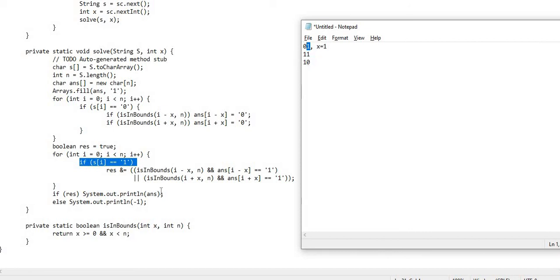So in this case we have to check the base conditions, that is whether i minus x or i plus x lies in the range, and if it does, whether the character at that position is 1. For this, the first condition, the original string at index 1 holds the character 1, so this condition is satisfied.